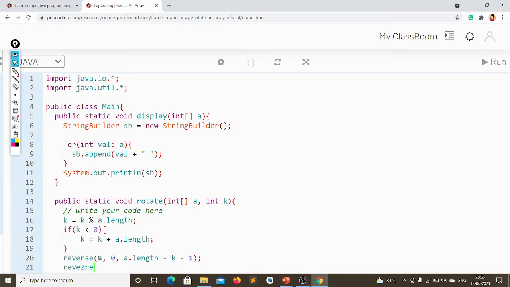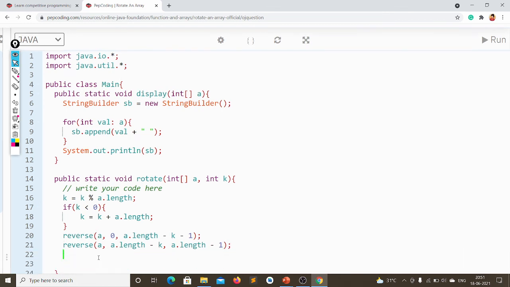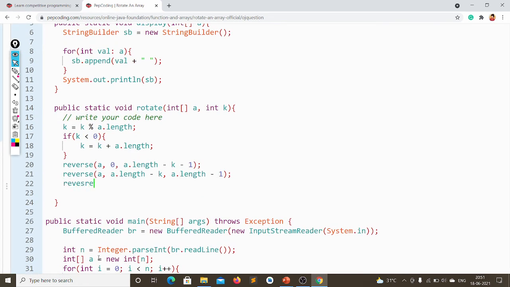And again, I'm passing the array and reversing from a dot length minus k to a dot length minus 1. And again, I'm reversing the whole array, passing 0 to a dot length minus 1.